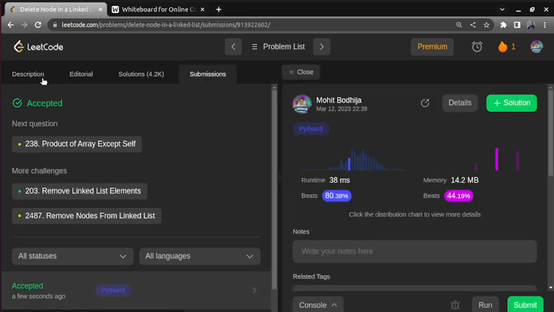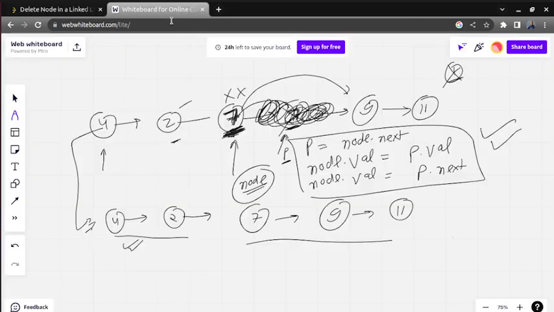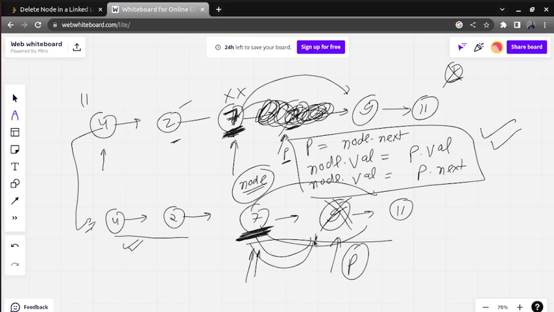Okay, it was a very easy problem, but they have marked it as medium because they have not given head. So you have to think this, that one pointer should be next to the node, and then make the connections and delete the next element. So what people will do is, people will focus on how to delete the given node. So instead of deleting the given node, try to delete the next node. So it will be easier.